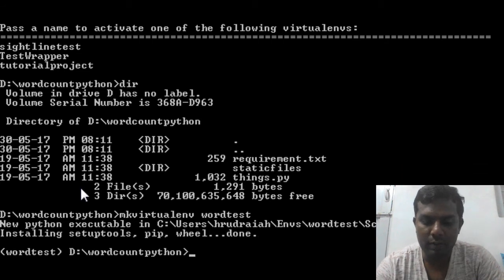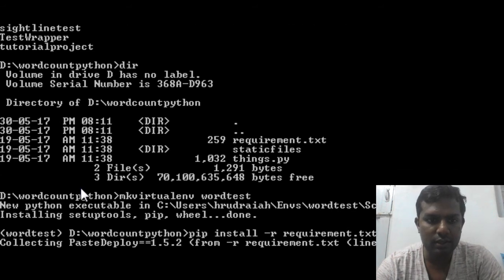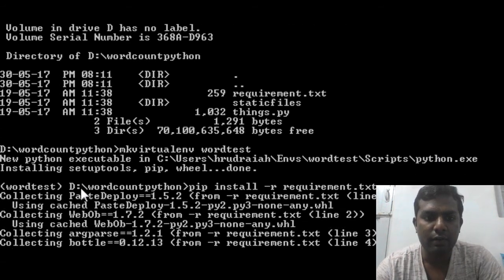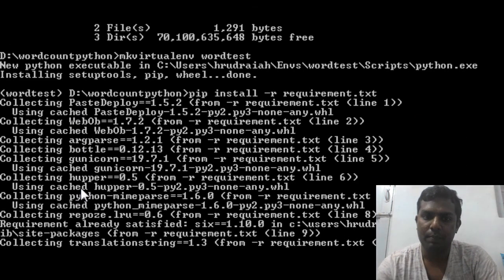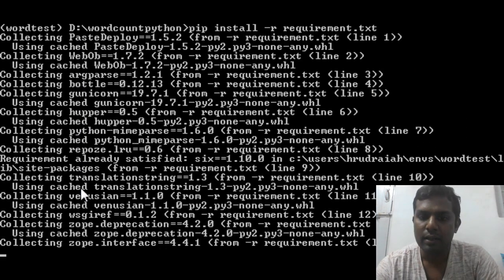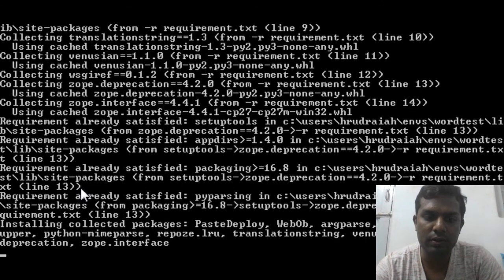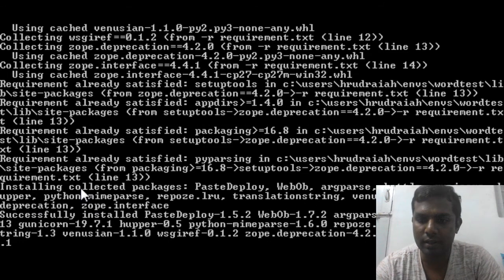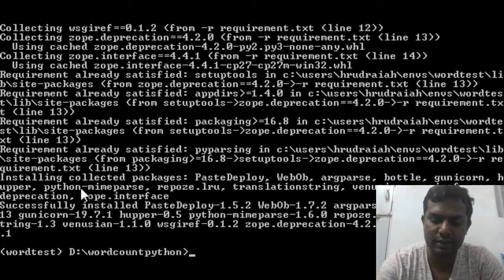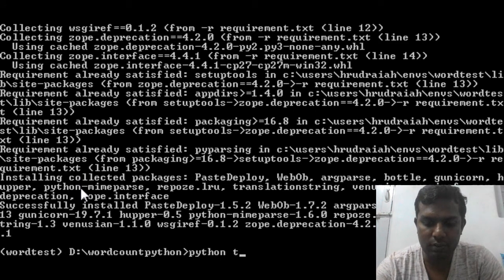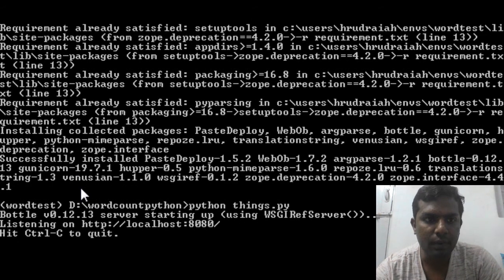Okay, once the virtual environment is created, I'll run pip install -r requirement.txt. So this will install everything required for your Python project which I have done. No worries, I have shared all the code on GitHub. I'll share the link below. You can just access that. So if you do python things.py and if you say localhost,